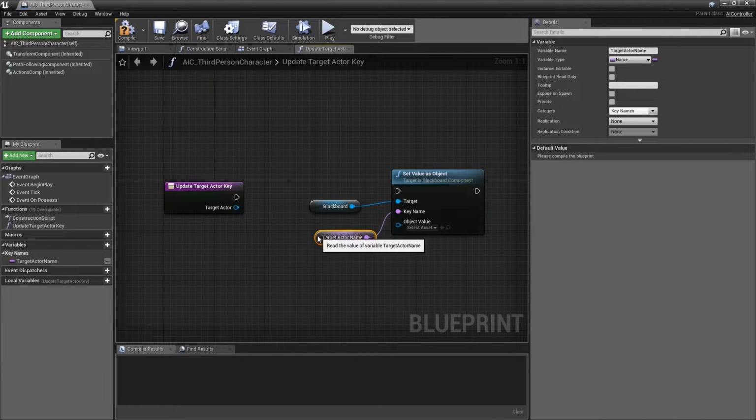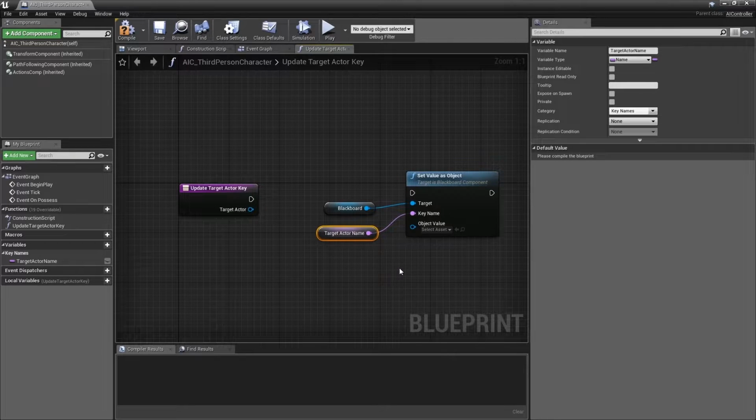The next step will be to configure the default value for Target Actor Name. Before we can do this, we need to compile the blueprint, so do that now by pressing F7 or hitting the Compile button in the toolbar. Now, if we look in the Details panel in the default value rollout, we can see Target Actor Name currently has a default value of none. This name here needs to match exactly to the key name in our Blackboard. The safest way to do that is just to directly copy and paste the name from the source,